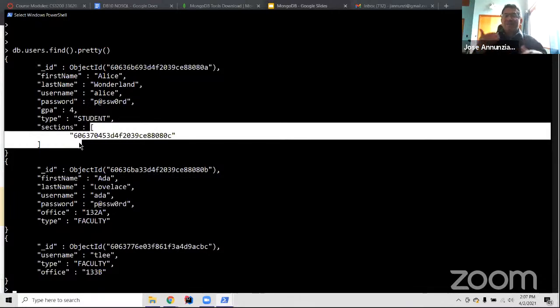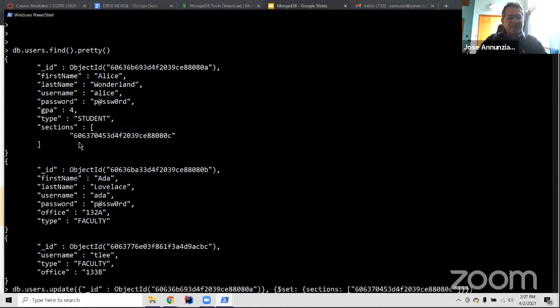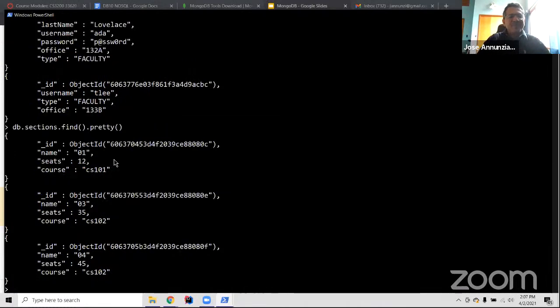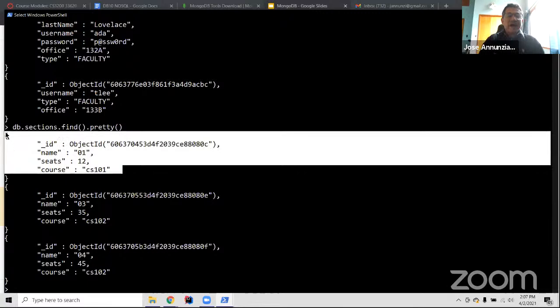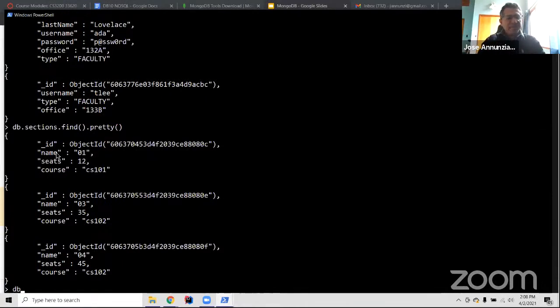Now, it would be inconsistent if you asked the sections and the section would not know that Alice is enrolled in that section, right? So right now the database is in an inconsistent state, if we're assuming that this is many to many and that they both should know about each other. Okay, so this should be accompanied by saying db.sections update the section, oops,